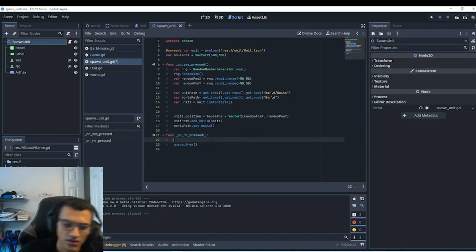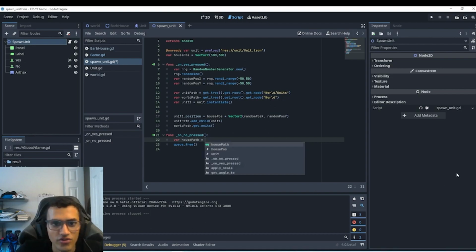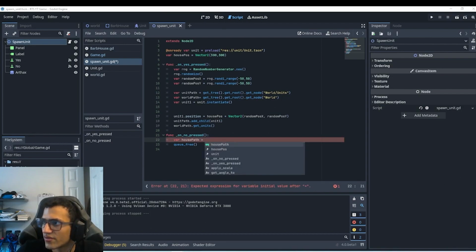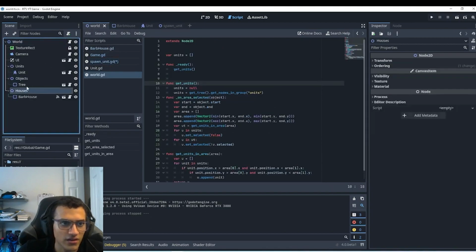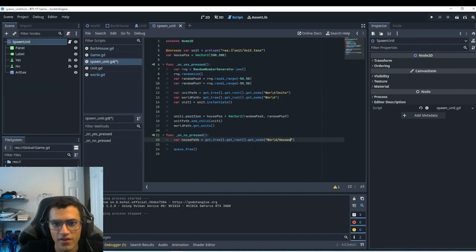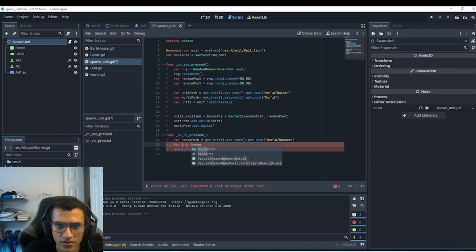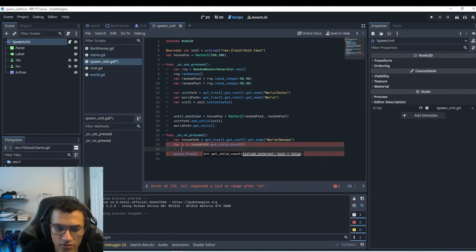Let's see. We want to get our house path, and what we're going to get, let me actually just copy this so it's a little faster. House path equals get tree, get node, root, get world, houses. So we're getting the thing with our houses, right? So we're going to get all the houses basically. And then we're going to say for loop I in range, no, not range, in house path dot get child count. And then we're going to say